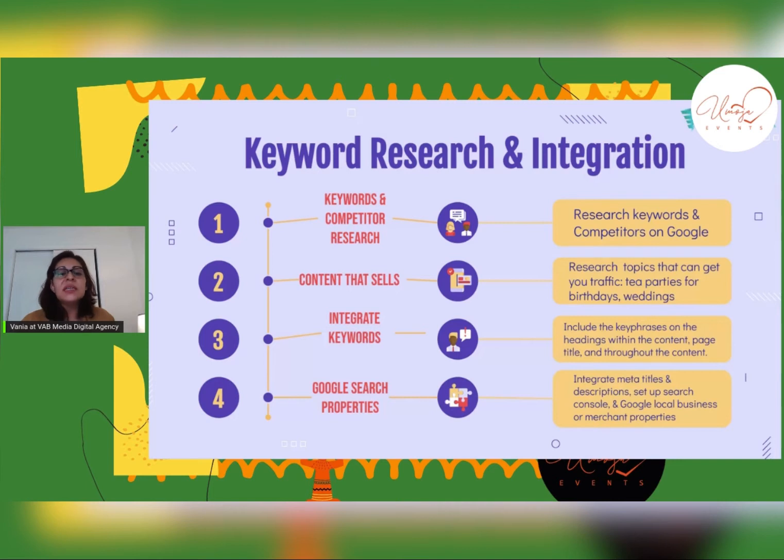Then finally, Google has so many search properties. I mean, they are the search engine king, the machine. So you want to make sure that Google picks up your content, picks up your website. You want to put some meta titles and keywords. I'll show you what that looks like on Google in the next slide. But then also,